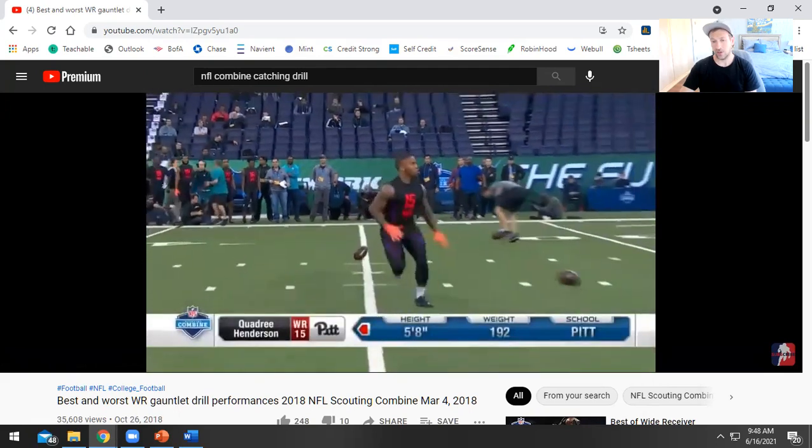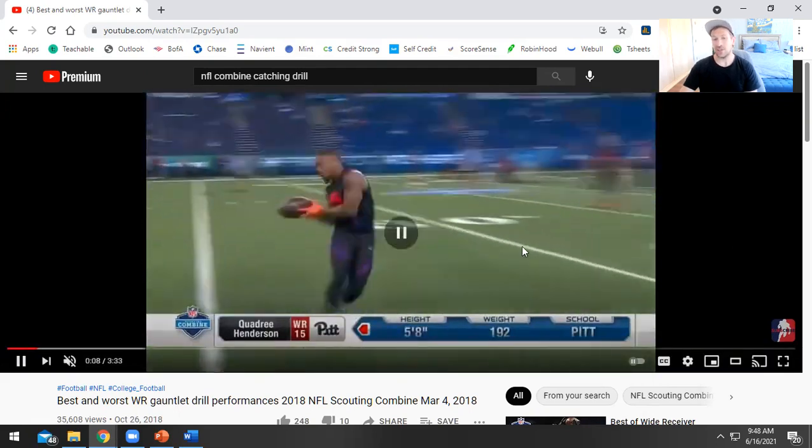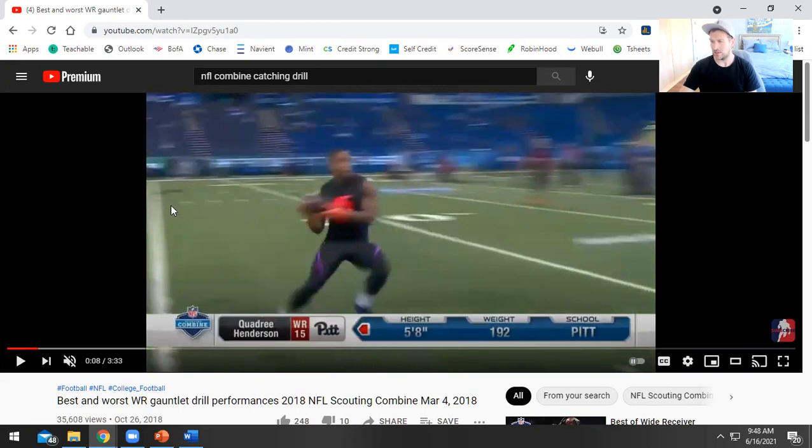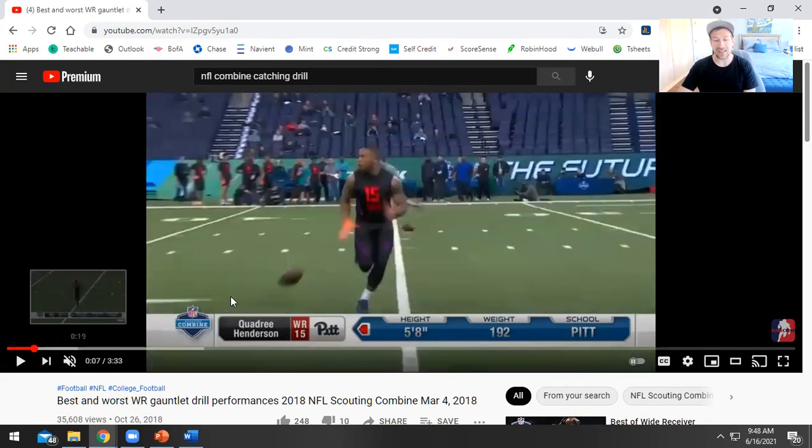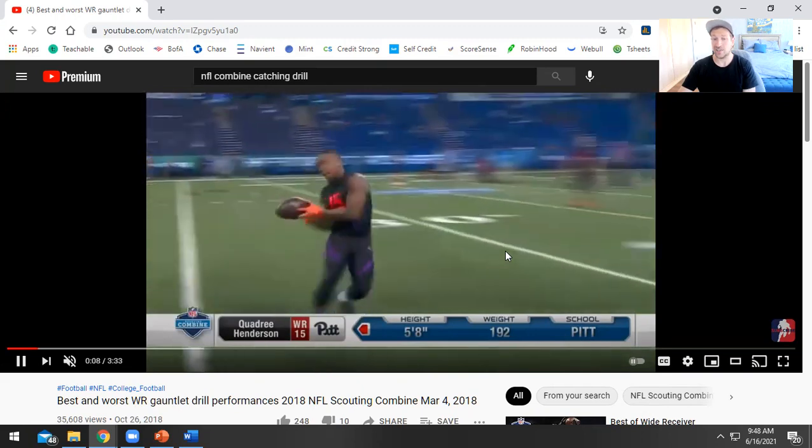These are all good examples. Now, obviously, you could make an argument that he's accelerating and moving in one intended direction, so there are some speed components there. Absolutely. I'm not saying there isn't speed that can be incorporated into a quickness drill, but I would primarily classify this as a quickness drill because he has no idea.